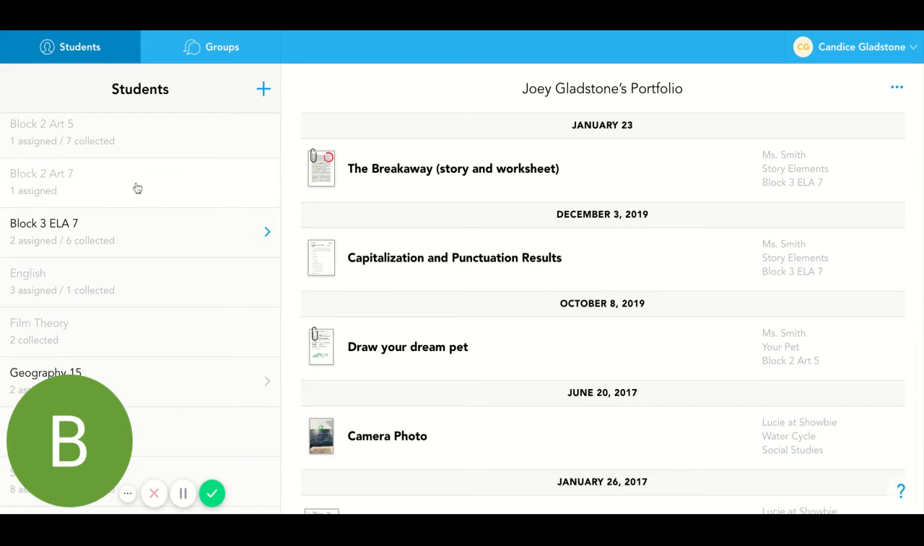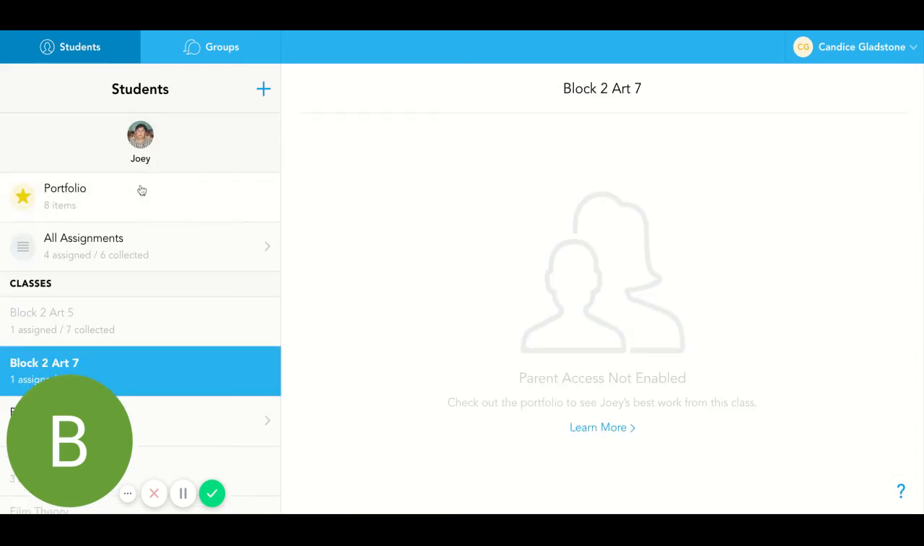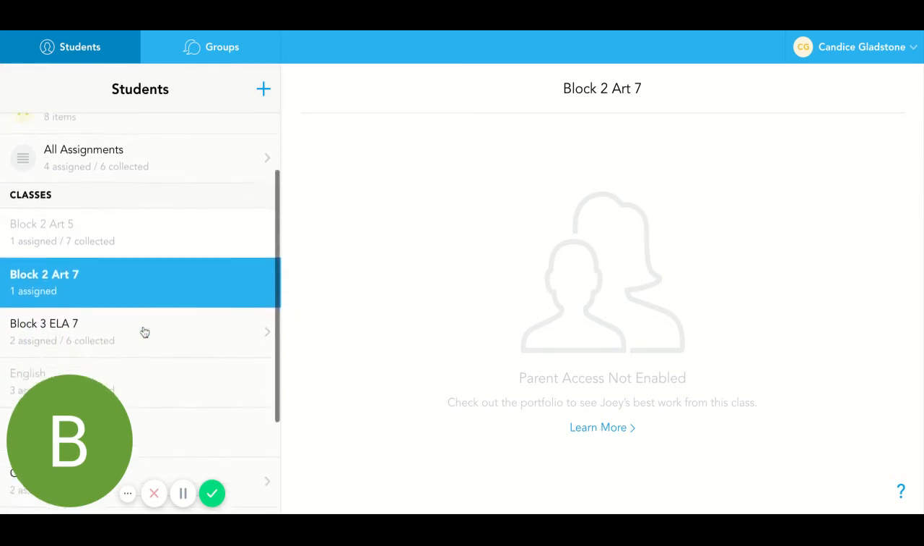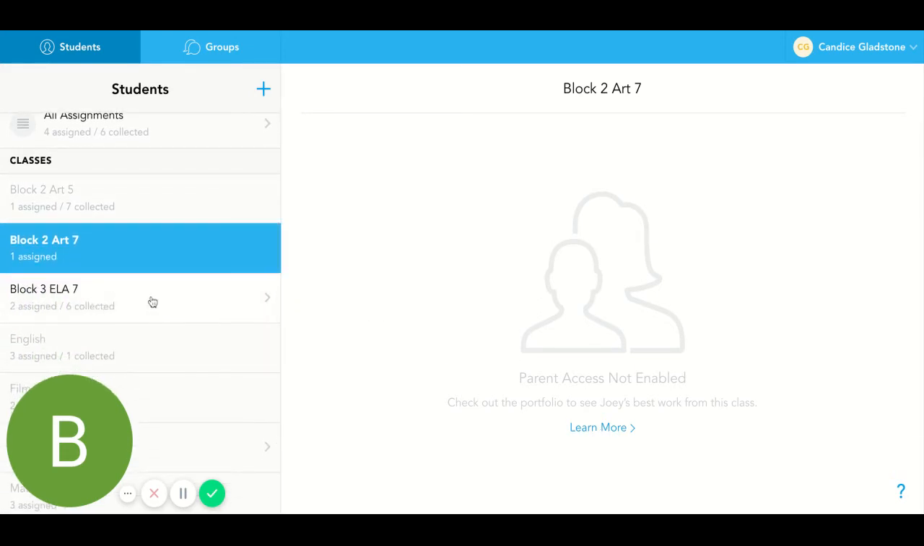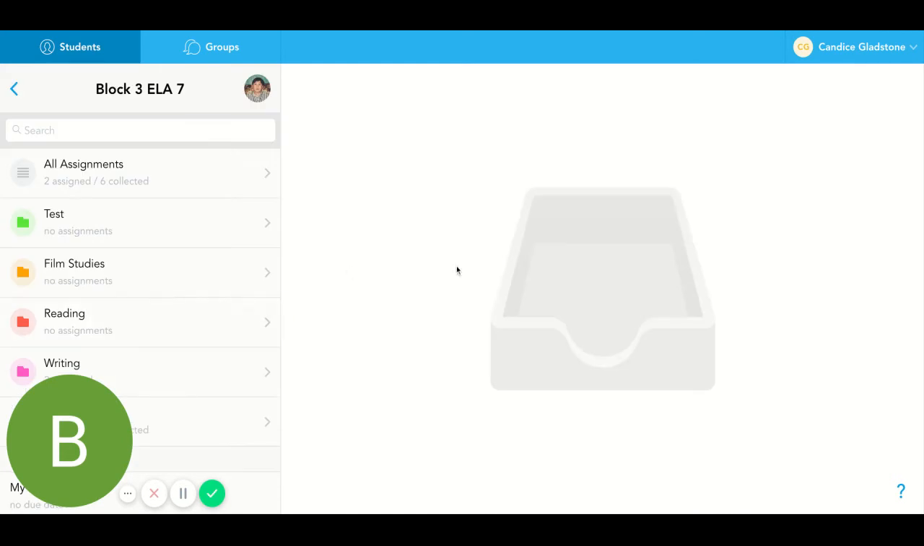If parent access is not enabled, you'll be able to see the class name and the number of assignments, both current and collected. And when you click into it, you'll see that parent access is not enabled. For classes where parent access is enabled, you'll be able to click in and see all of the assignments that